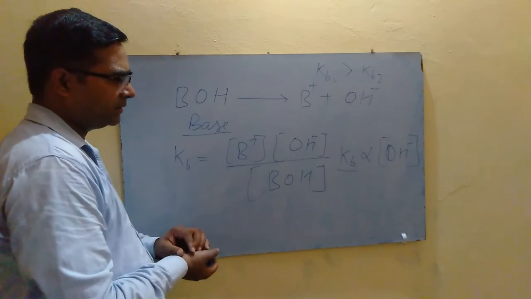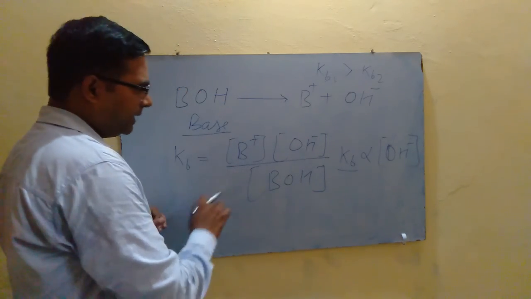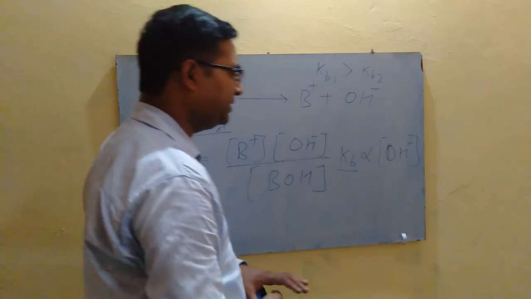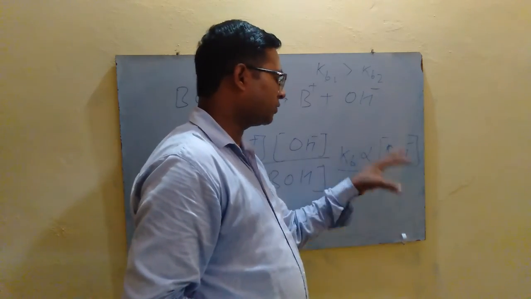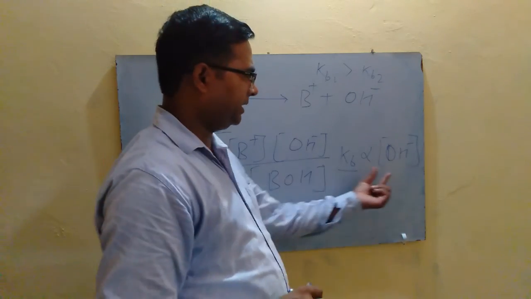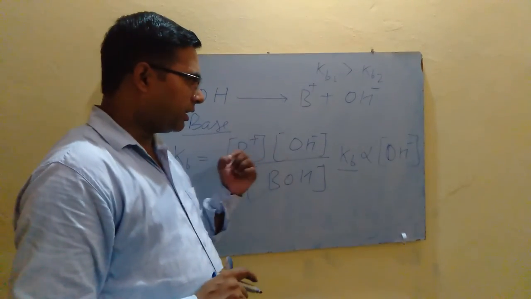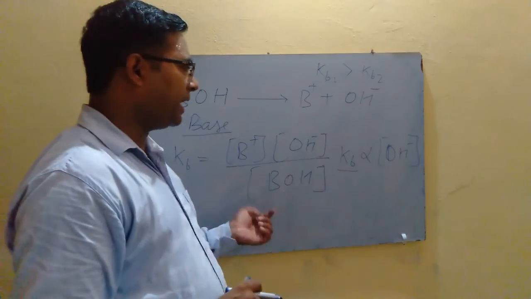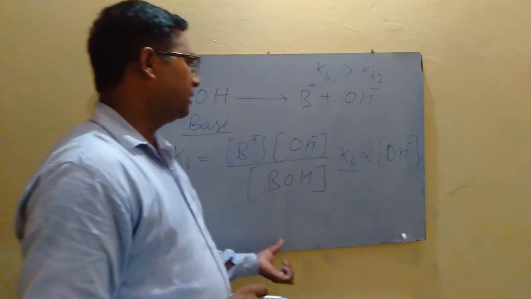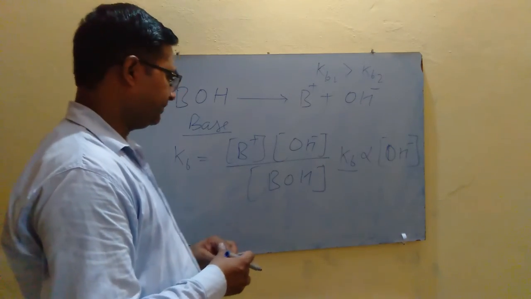Another thing about the basicity of a base is that when a base is diluted, its ionization increases. When ionization increases, the concentration of OH ion in the solution also increases, and at infinite dilution, complete ionization of the base will be there. At infinite dilution, all bases completely ionize, and therefore they have equal concentration of OH ion in the solution, and therefore their basicity will be similar. So at infinite dilution, all bases behave equally basic in nature.